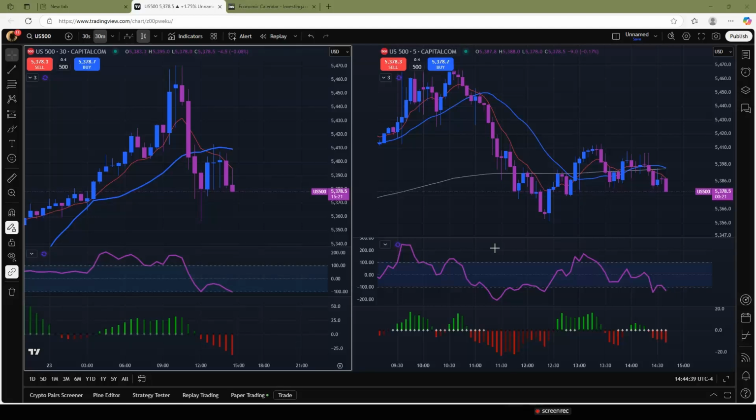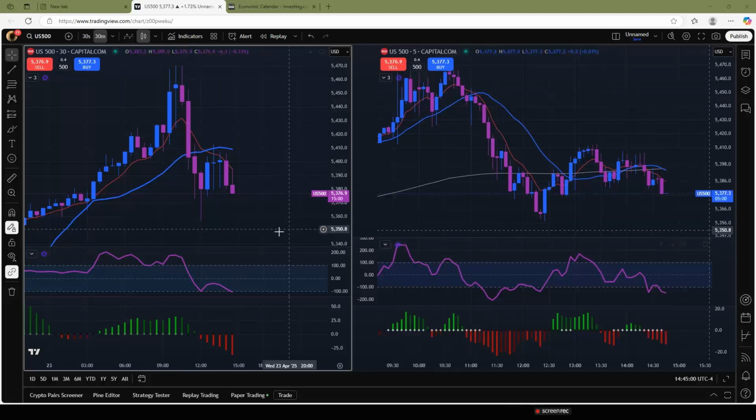All right, so we're on the U.S. E-mini 500 or the ES E-mini futures, and we have in front of us the 30-minute chart on the left-hand side, and also on the right-hand side we have the 5-minute chart. So I want to point your attention to